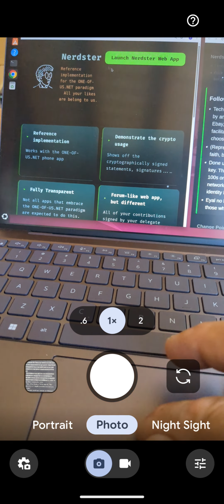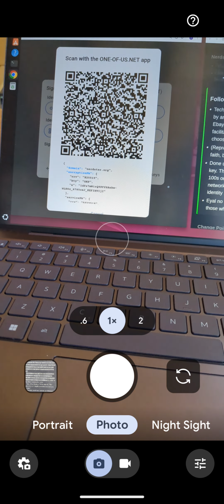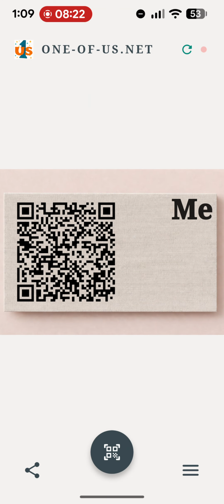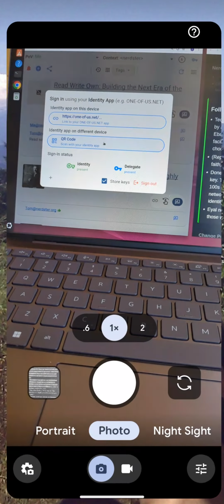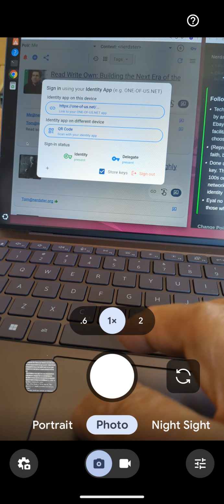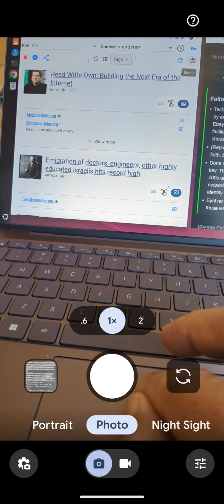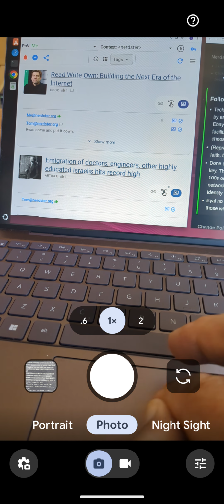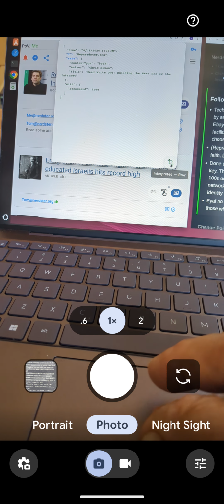Now, in the Big Boy Tech Talk, what we'll do is we'll go to the big computer, we'll launch the Nerdster there. I'll sign in with a QR code. So let me do that. I'll go to the app and I'll scan that. And now that's been sent over to the big computer. And I'm signed in here and I can see my like. And I can also, and we'll do this on the Big Boy Tech Talk, we'll turn on this Show Crypto and Show FYI,